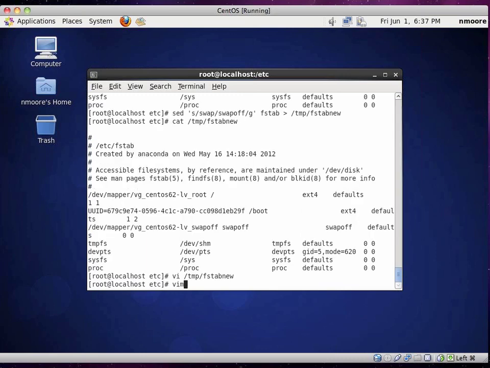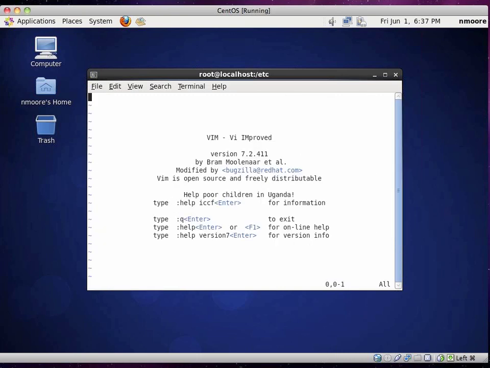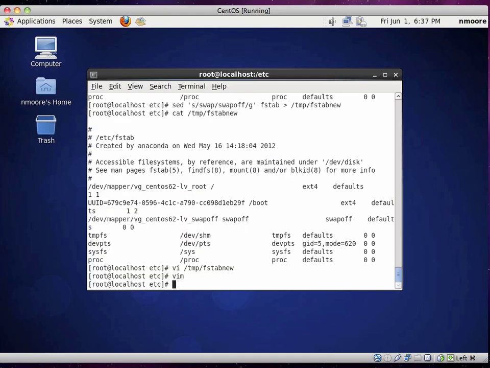Now let's say I'm going to actually use Vim now. Now Vim, if you remember, we installed that one. That one has some slightly different features in it. And if you don't give it a file name, it doesn't open anything special. So let's do temp fs tab again.